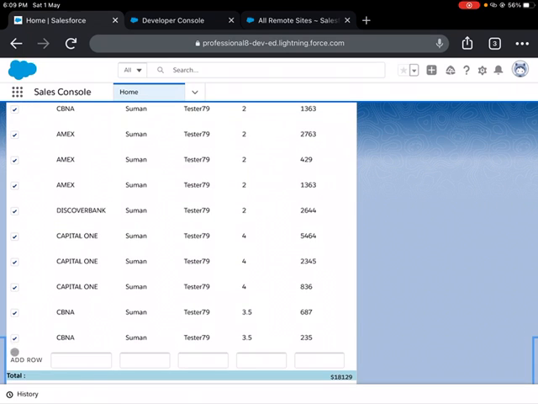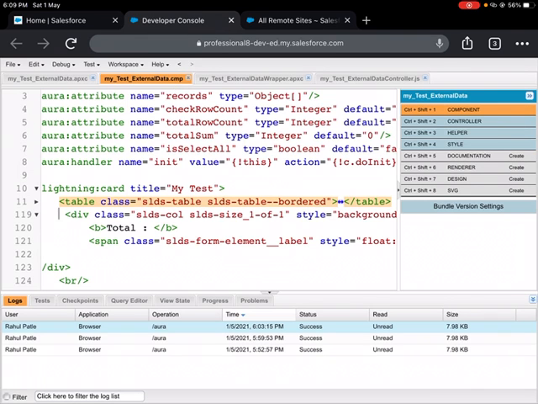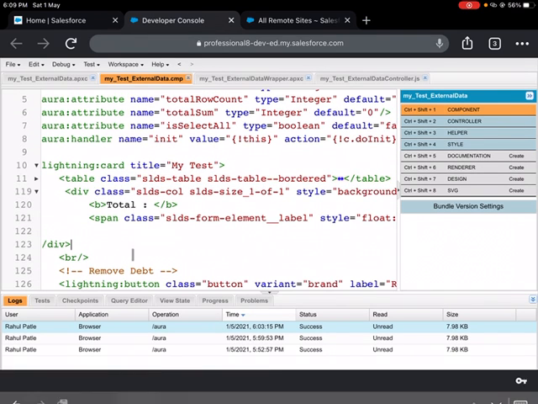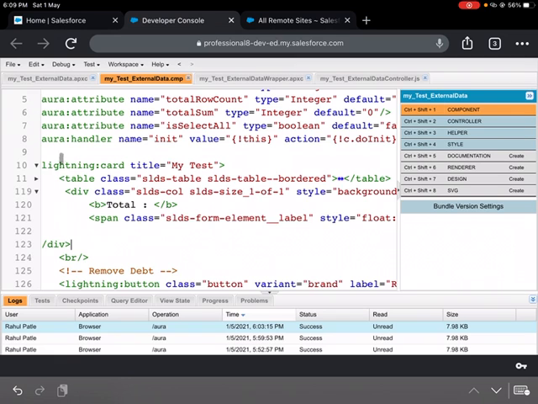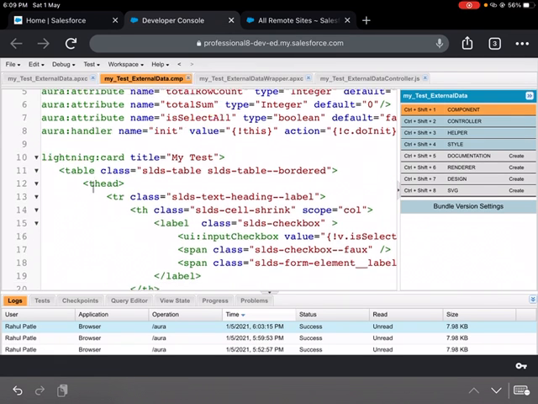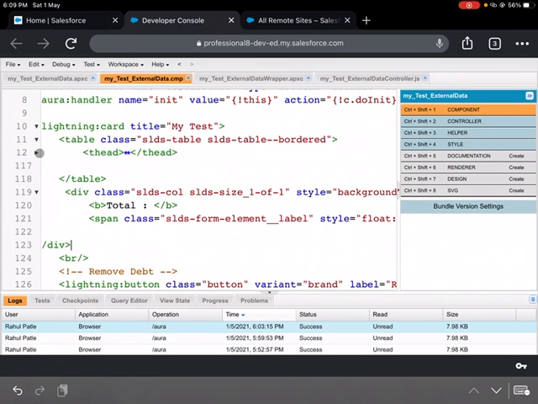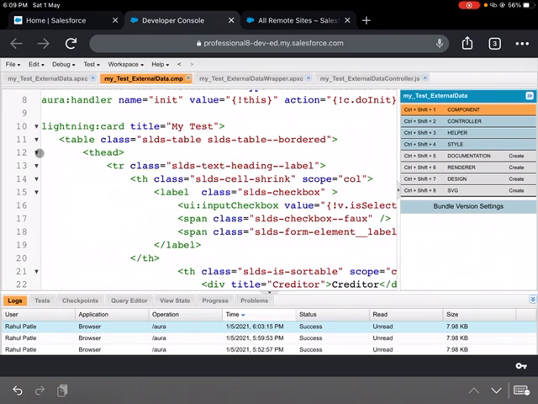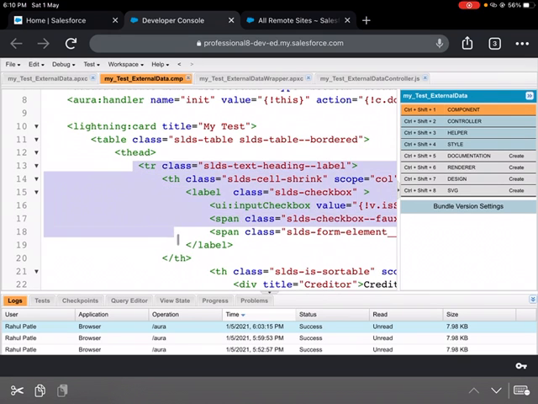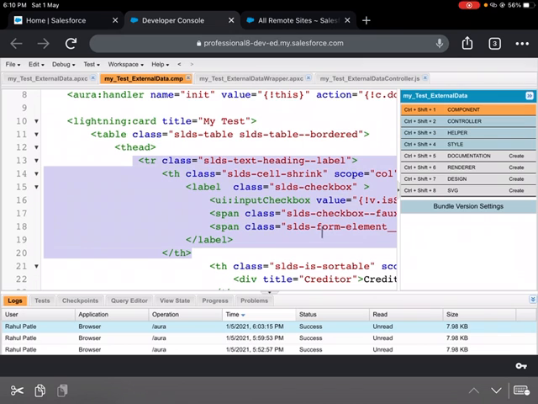And after that I have created one more section to add a row. That is one more head I have created here. In this header I have given this initial checkbox, which will select all the checkboxes. So that row I have provided here.